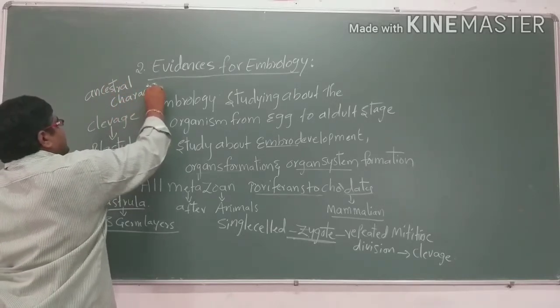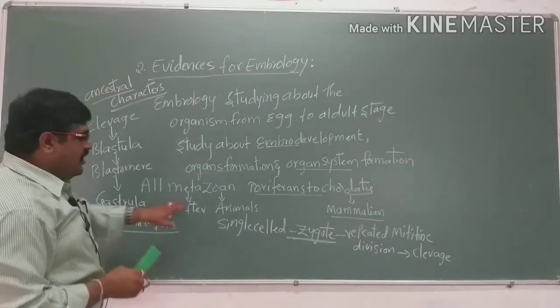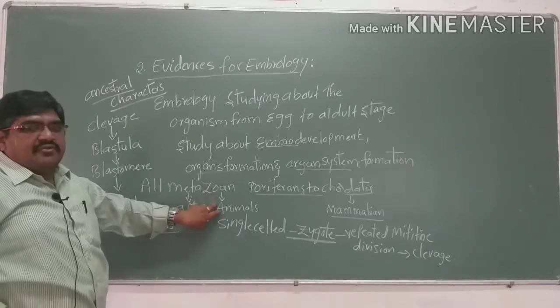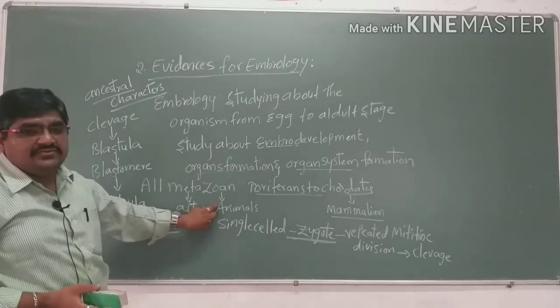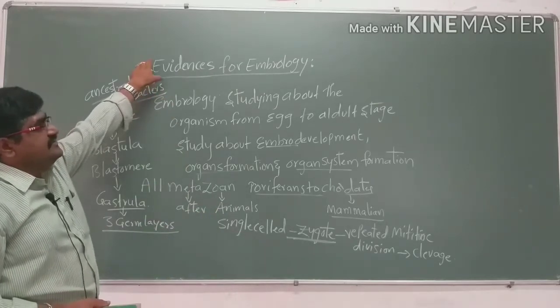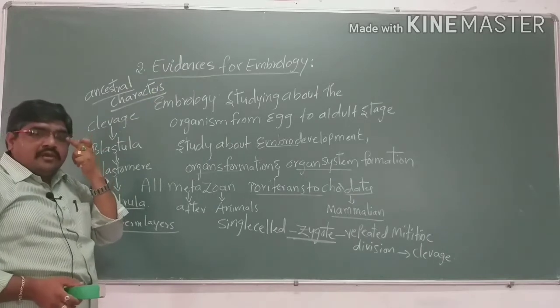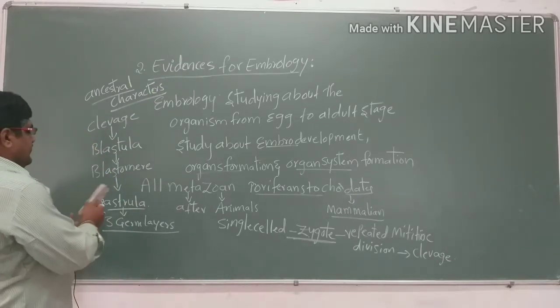Ancestral characters are shown in these. So this shows how embryonic development, embryology, is evidence for evolution. This is the second one, that is evidences from embryology. Next, coming to the third one, that is